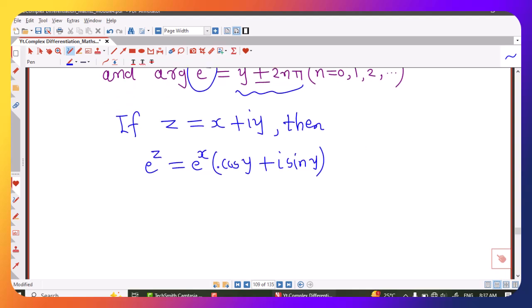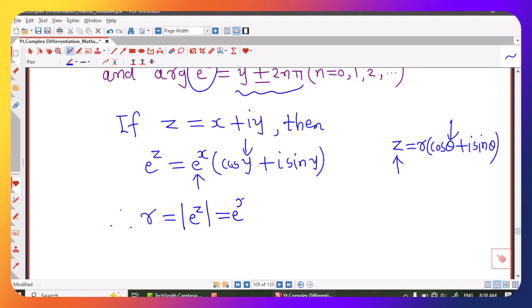Now if you compare this with the polar form of a complex number, we know that z equal to r into (cos theta plus i sin theta) is the polar form of the complex variable z. So if we compare with this, you can see that r is nothing but e raised to x, and r is the absolute value of z, and theta is nothing but y. Therefore we can write that r equals the absolute value of e raised to z, and it is nothing but e raised to x, and the argument of e raised to z is this angle